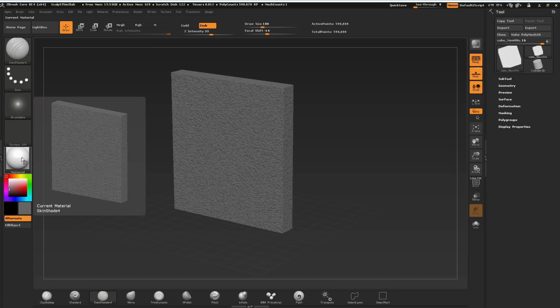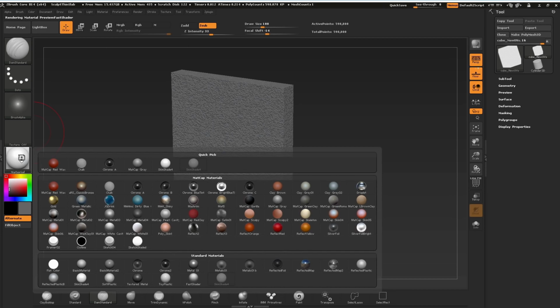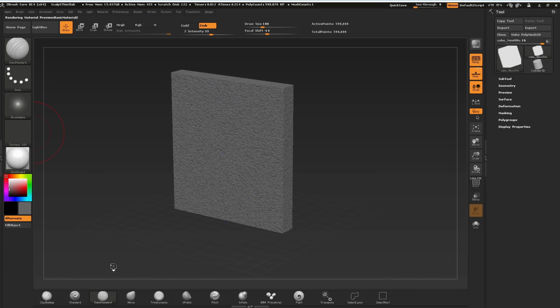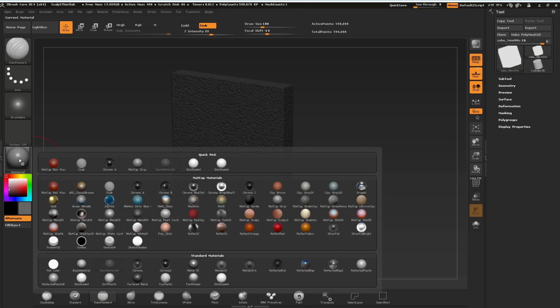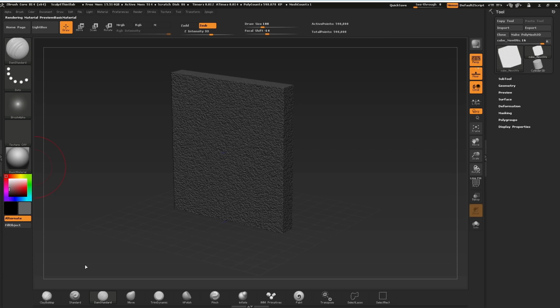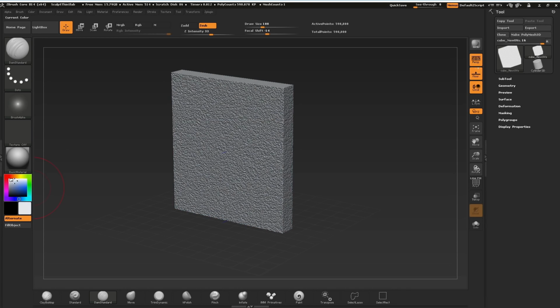Continuing this, I can change my materials by clicking on my material and saying, hey, I would like to use the basic material 2, or you know what, I want to use basic material instead. Maybe I want to add some color, so I can adjust my color quite quickly here by just moving through the color wheel. So this is just allowing you quick access to any of the menus, or what we call palettes,